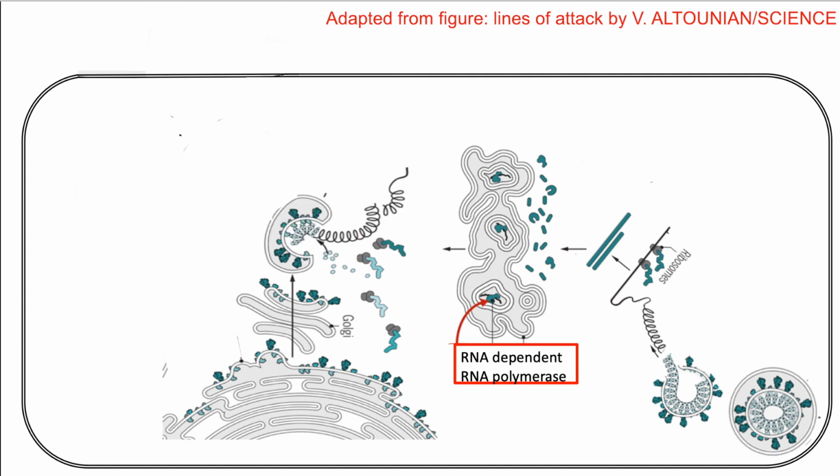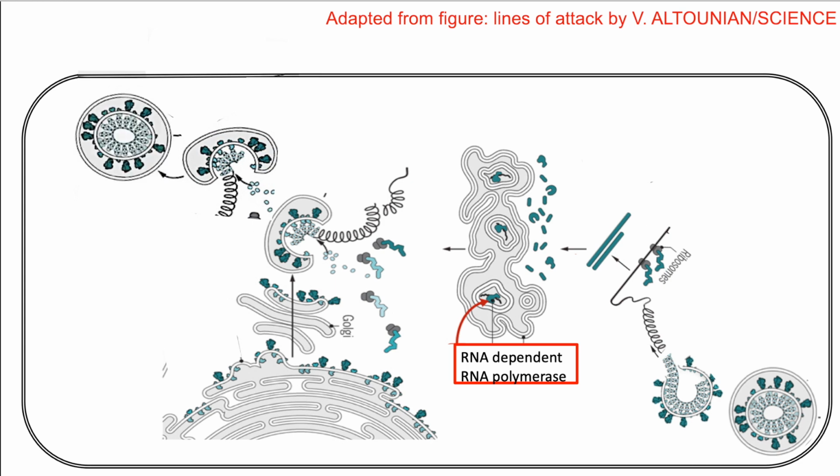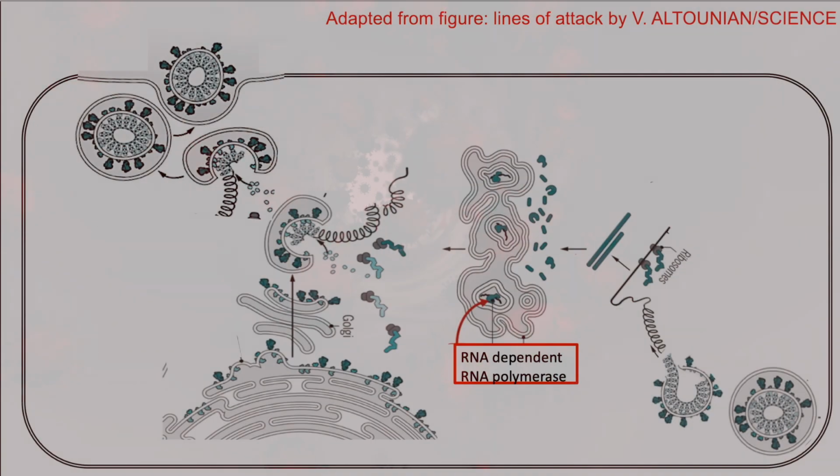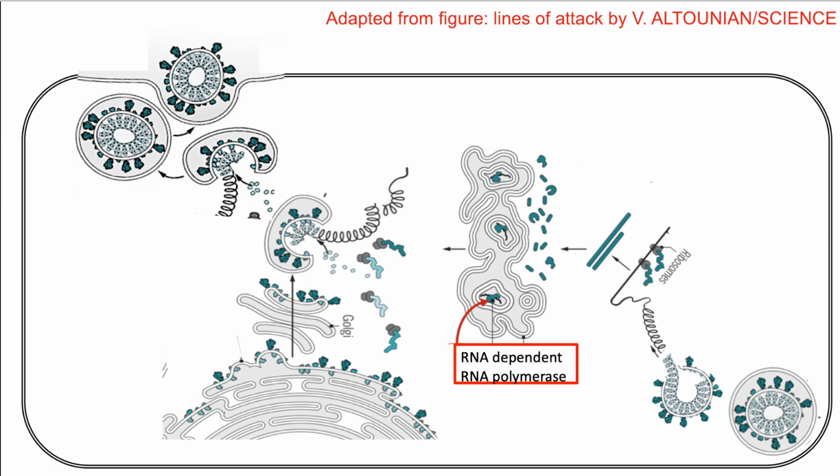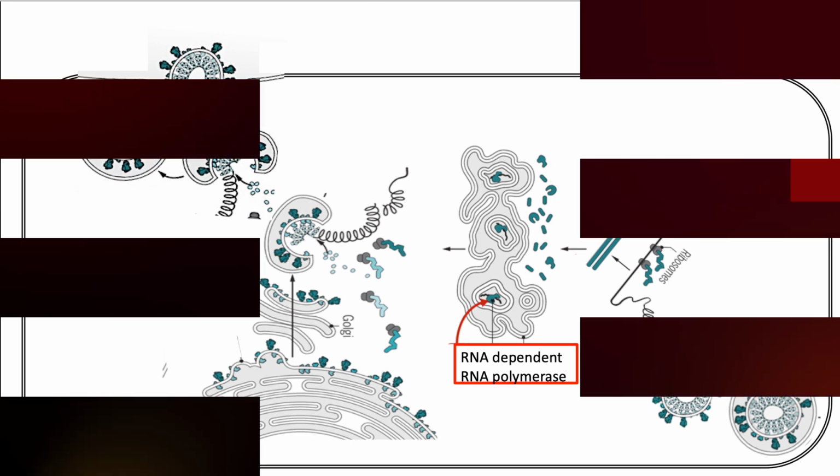New copies of the virus are assembled and carried to the outer edges of the cell. Each infected cell can release millions of copies of the virus before the cell finally breaks down and dies. As you can see, the virus may infect nearby cells, release from this cell, and end up in the droplets that will escape from the lungs. So now we will see how COVID-19 disease with its different symptoms progresses ahead.